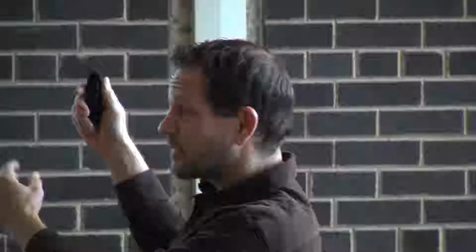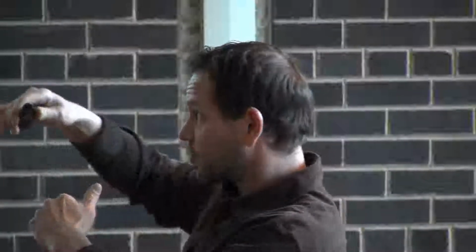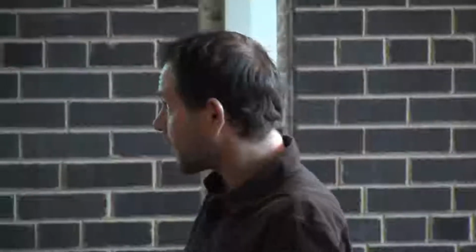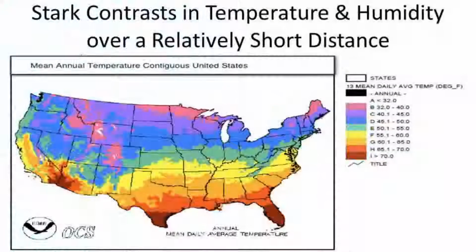So starting basically with our physical geography, we have a very unique setup compared to anywhere else in the world, as far as stark contrasts in different types of air masses and different types of temperature and humidity characteristics, all within a relatively short distance from each other, as far as the dominant climates and the dominant climate characteristics between such a small area. This map is just showing some of the average temperatures throughout the United States throughout the year. And as you can see, within just about 1,000 miles, we change average temperatures about 30 or 40 degrees, which is huge when it comes to the necessities for tornado formation and severe weather formation.